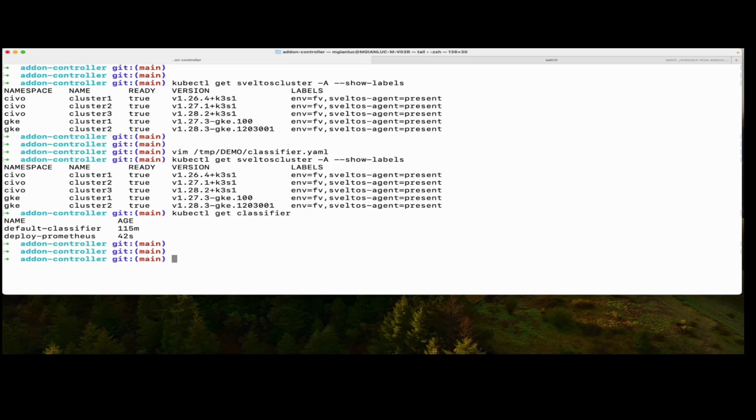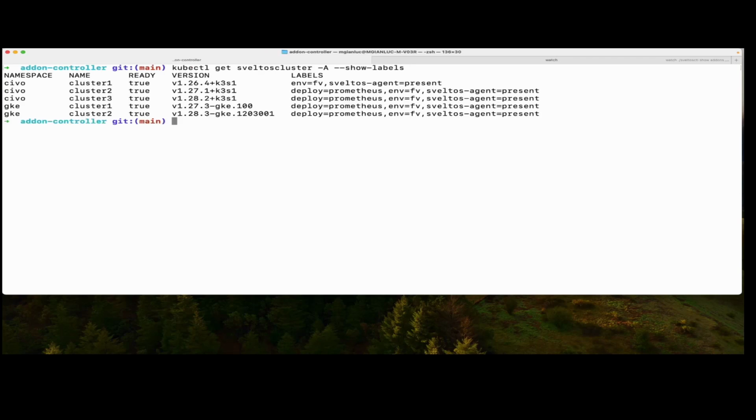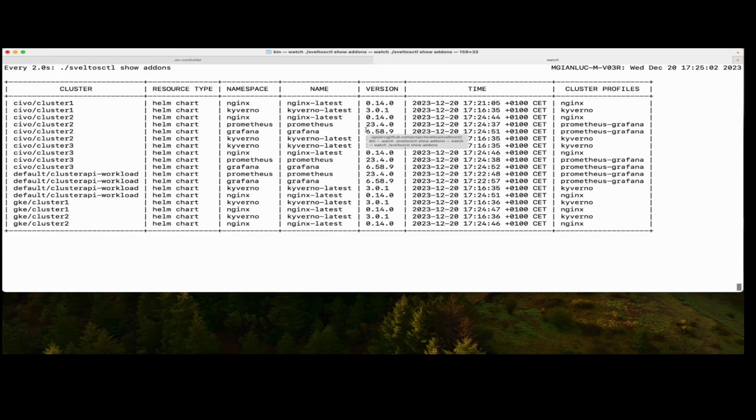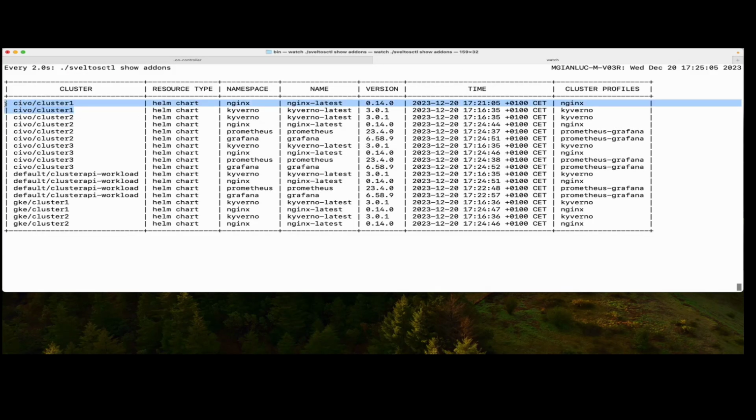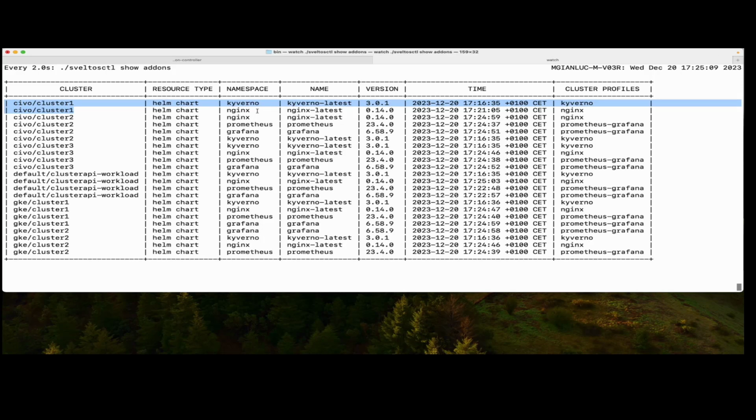So the classifier instance has been deployed. So we can start looking at those labels, and we can see that Sveltos has added the label deploy Prometheus to any cluster which is running the Kubernetes version greater than or equal to 1.27.0. Now, because Sveltos has added this label, what I expect is that Prometheus and Grafana are deployed anywhere but on Civo cluster 1. As a matter of fact, there is only Nginx and Kyverno deployed on Civo cluster 1,